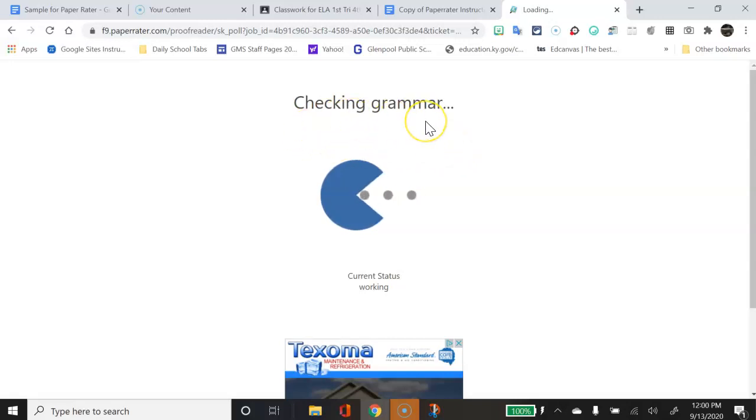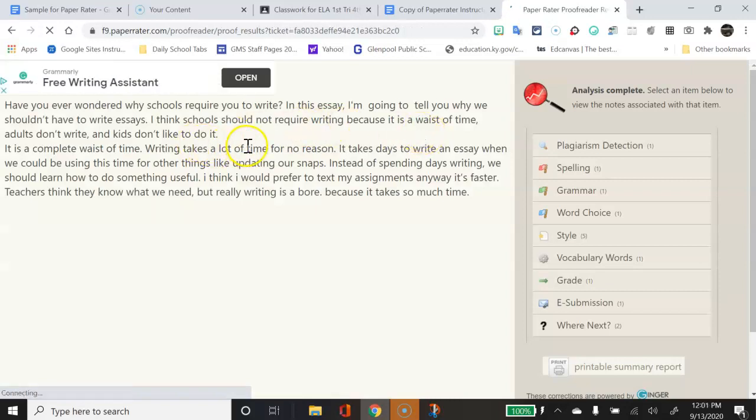Okay, it's going to check your grammar. It's going to check some style issues. Word choice. Okay, now your essay is going to show up, or your short story is going to show up over here. This box over here, guys, is important. You go through each of these individually, and it's going to give you suggestions. I'm going to come back to that in a minute, but first, once you've gone through each of these, then